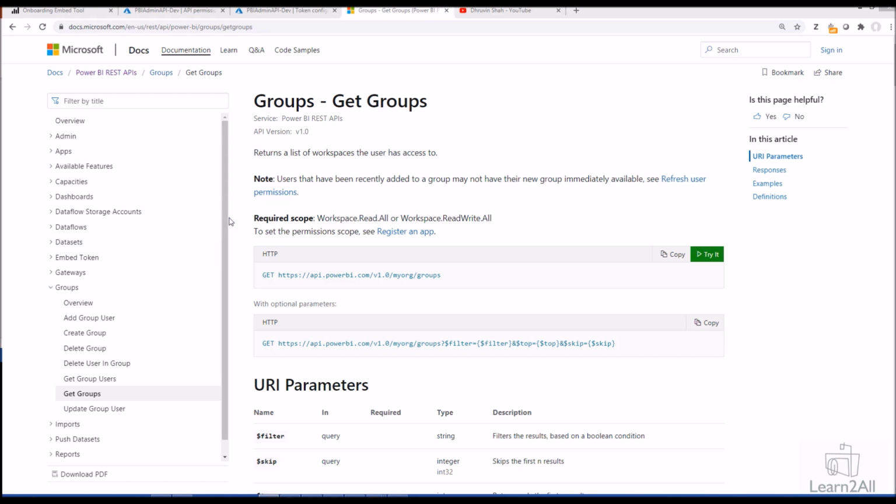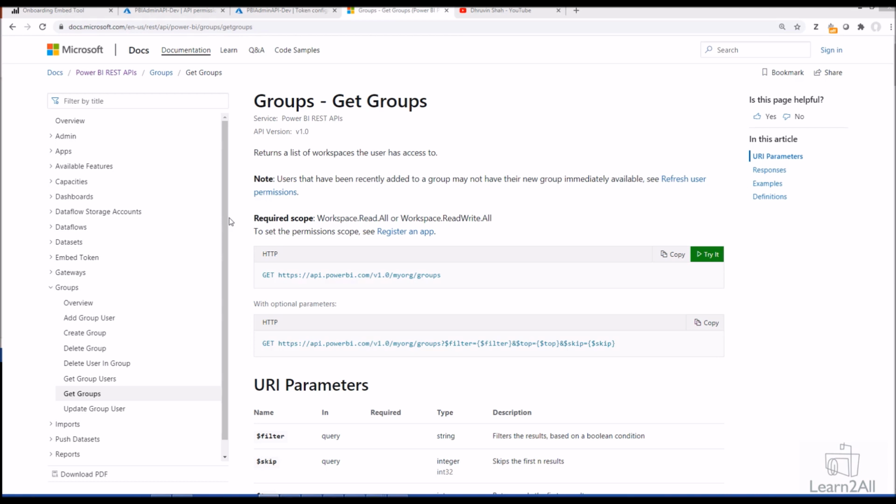For this particular example, I have taken the task of getting all the workspace information from the REST API into Power BI Desktop. But in later sessions, we are going to talk about other useful information as well. We will call each admin API from Power BI Desktop and build some beautiful reports. But before that, let me explain the basic procedure to call any Power BI REST API.